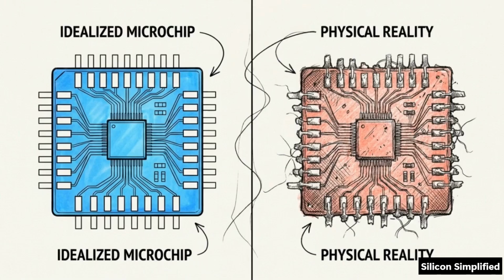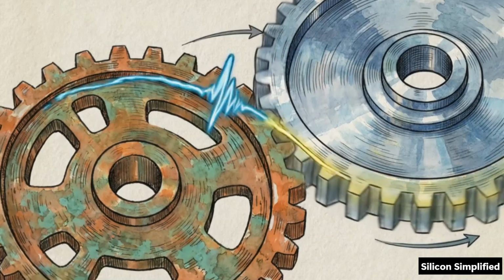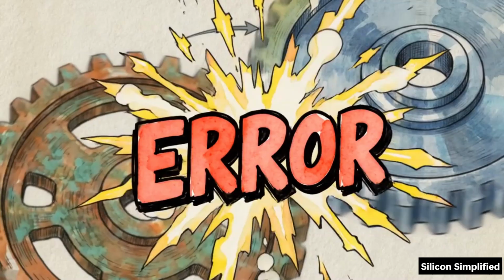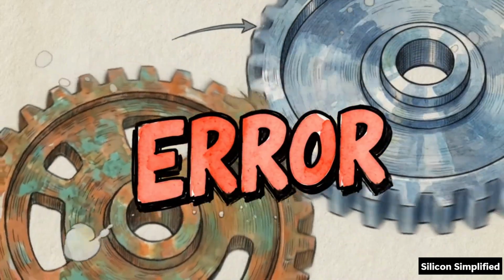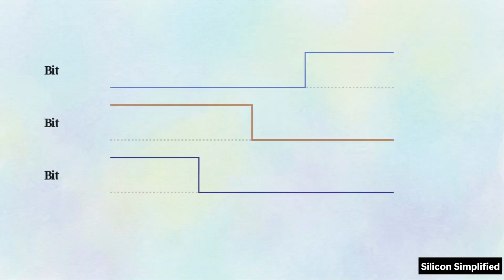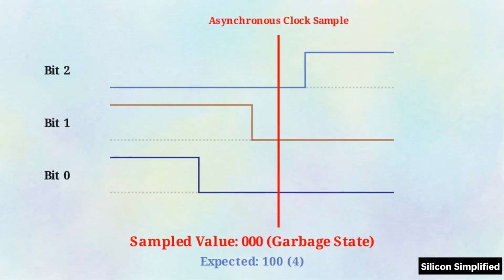Behavioral Verilog is precise, but designers easily fall into the trap of assuming physical hardware behaves as perfectly as the simulation implies. The danger is clock domain crossing, when a counter's output is read by a system running on an entirely separate asynchronous clock. This simulation waveform displays an ideal binary counter. The transitions from 3 to 4 or 7 to 0 occur instantly. If an asynchronous receiving clock samples the data during this microscopic transition window, it will read transient garbage states instead